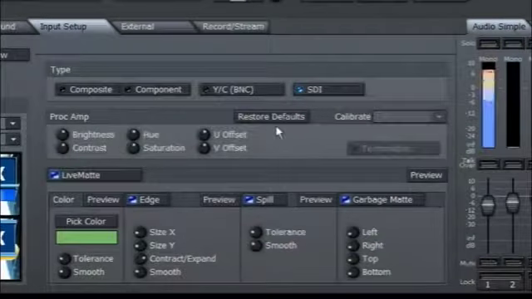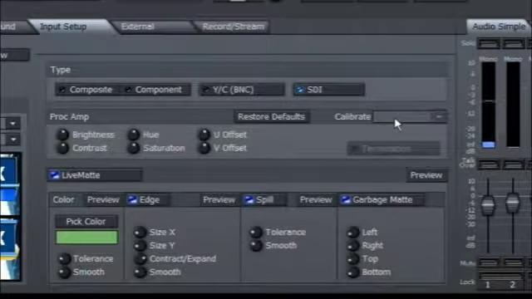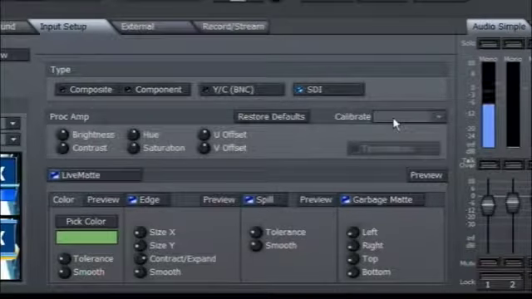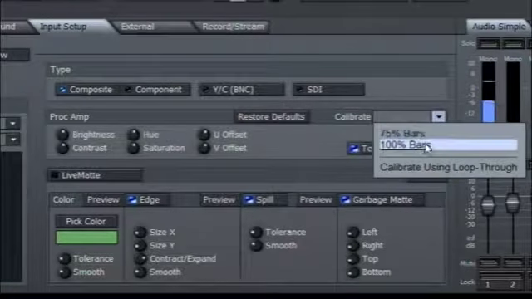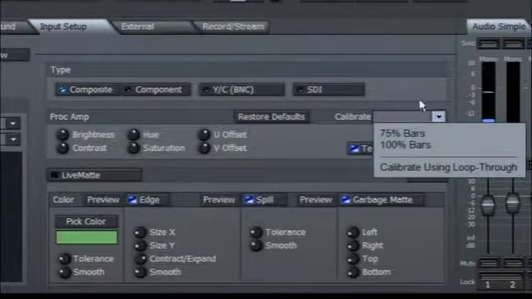Depending upon what sort of video input we're using, you'll have different controls available to you in the proc amp area. If we're using YC or composite, we can use brightness, contrast, hue, and saturation. If we're using a component signal, we can use the U and V offsets. We also have the ability to auto-calibrate the proc amp if we're using component, composite, or YC. This means we can turn our camera into color bar mode and it will automatically set up the camera for you. As you can see from the pop-up, we can set to 75 or 100% bars. I usually flip my camera into color bar mode and set it to 75 bars,